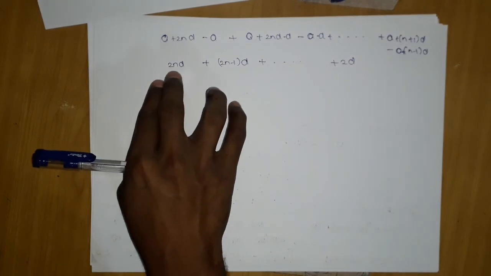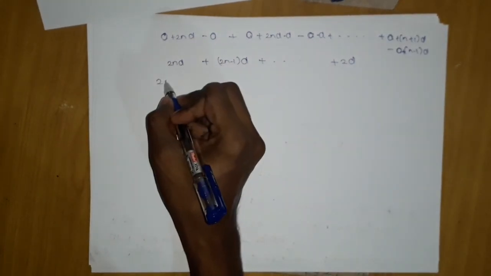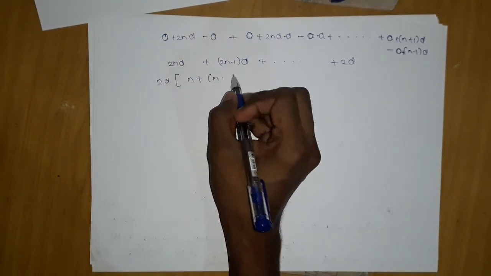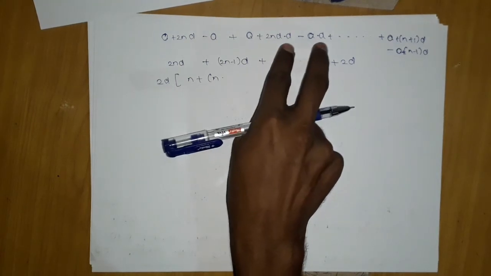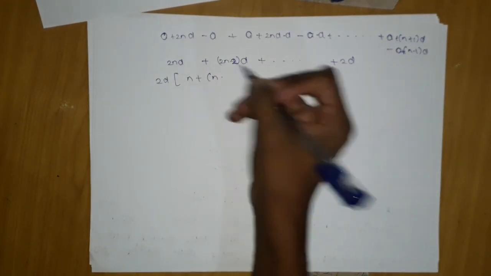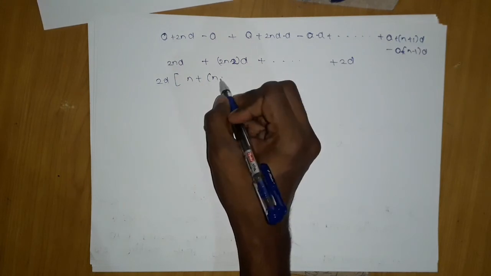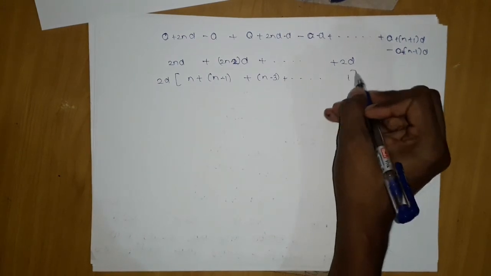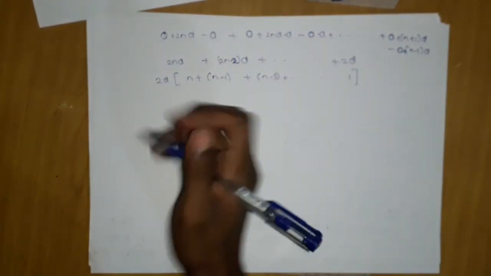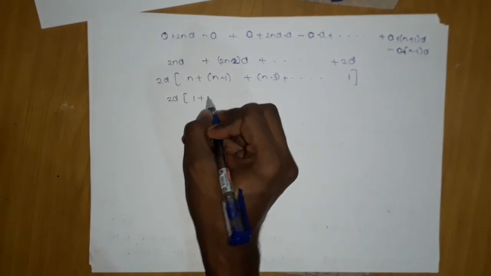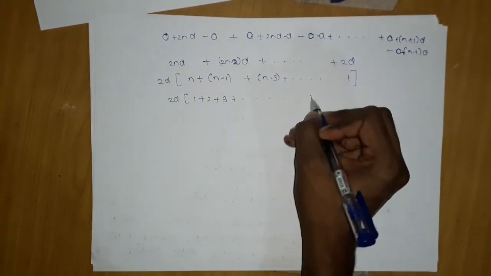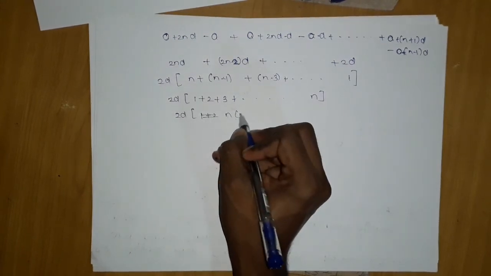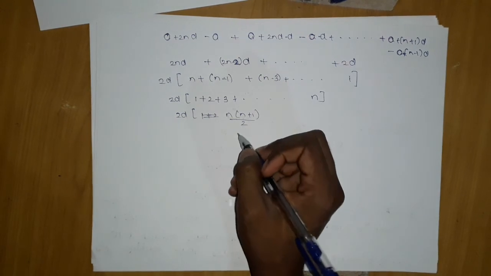So here you can see the d is decreasing. Like if I take 2d common, then what we have, n, this will add on, giving me n, 2n minus 2. Okay, and so on. If I take 2 common, n minus 1, and so on, n minus 3, and it will move on till 1. So can you see there are some of n terms but written in reverse? So I will write them properly, which is 1 plus 2 plus 3 plus and so on till n terms. Now can I know the sum? Yes, easily. 1 plus 2, this is nothing but n into (n plus 1) by 2. Sum of n natural numbers is nothing but n into (n plus 1) by 2.